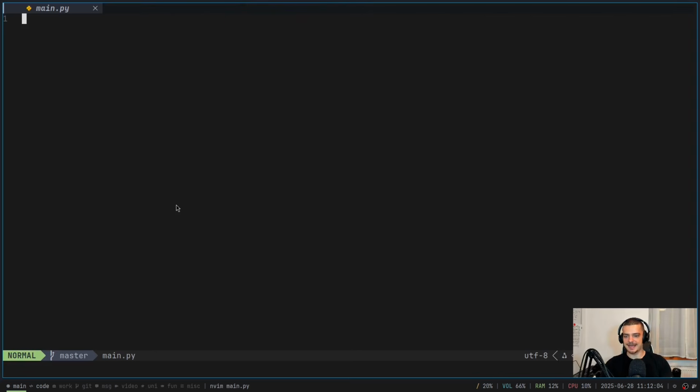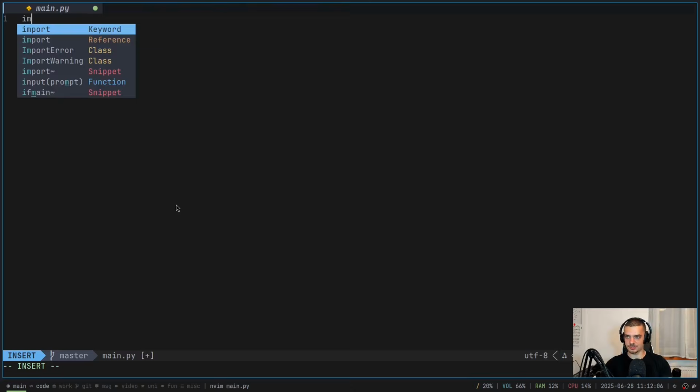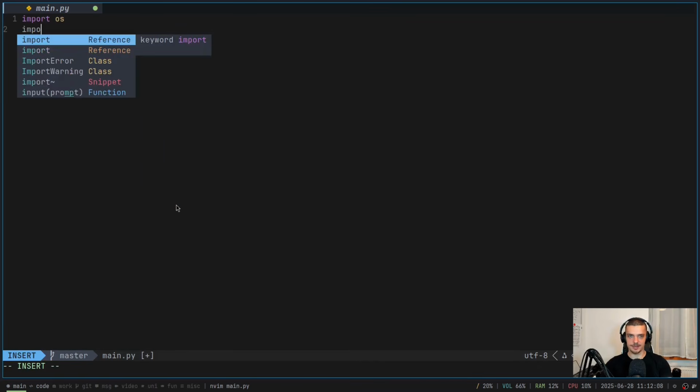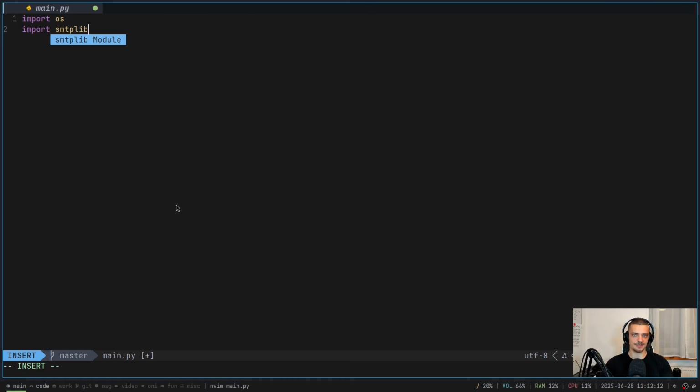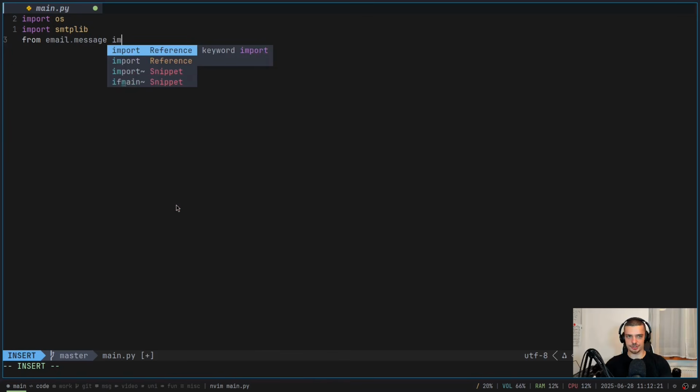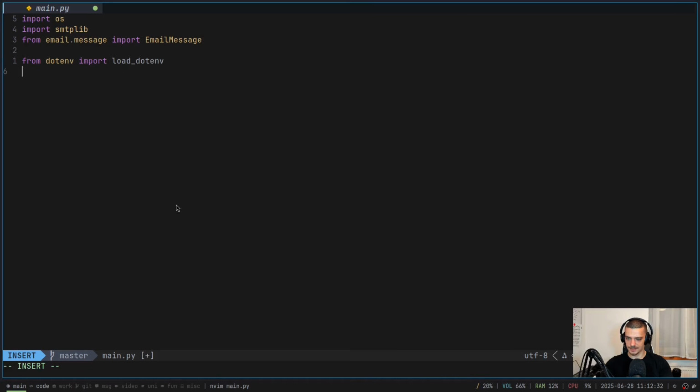Then what we're going to do is go into our file and start with some imports. We're going to import os, we're going to import smtplib. We need SMTP because we're sending emails, we're not receiving emails, we're not reading emails, we're sending emails. And then also from email.message import EmailMessage. Then from dotenv import load_dotenv, and then from mcp